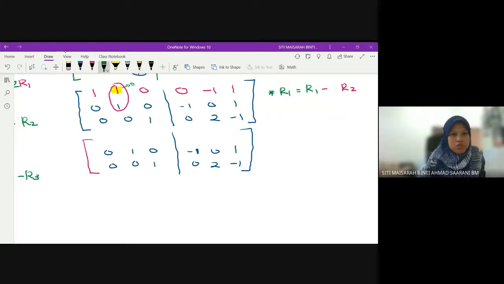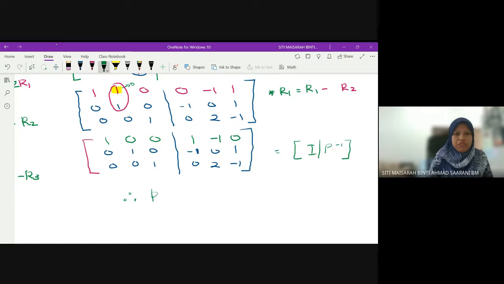1 minus 0 is 1. 1 minus 1, 0. 0 minus 0, 0. 0 minus negative 1, 1. Negative 1 minus 0, negative 1. 1 minus 1, 0. Okay. So then, sebelah, now we get I P inverse lah. This is suppose I P inverse. Okay. So then